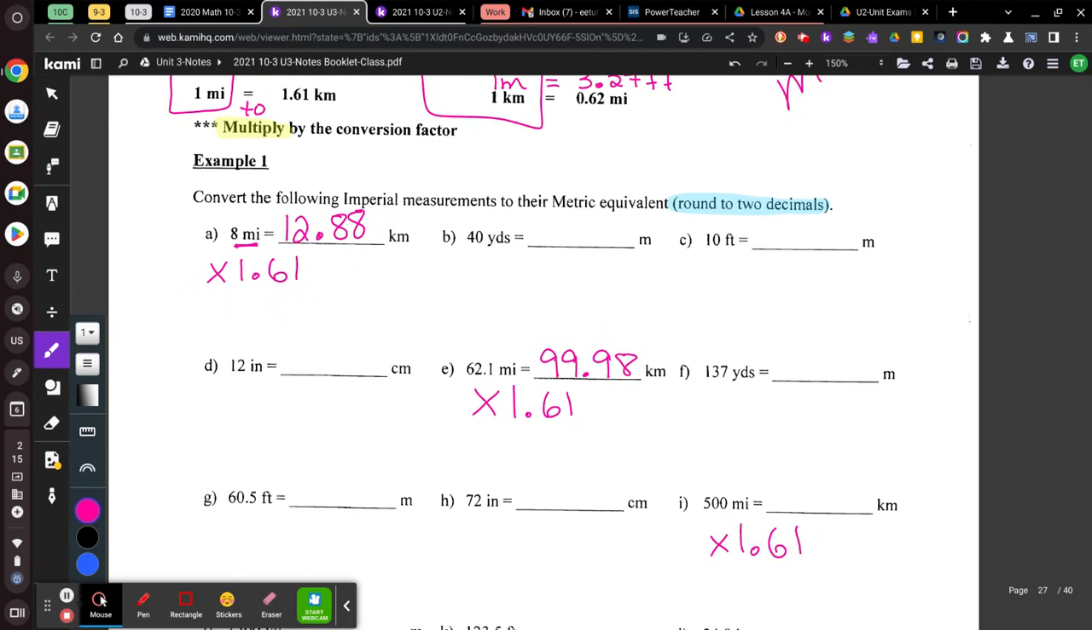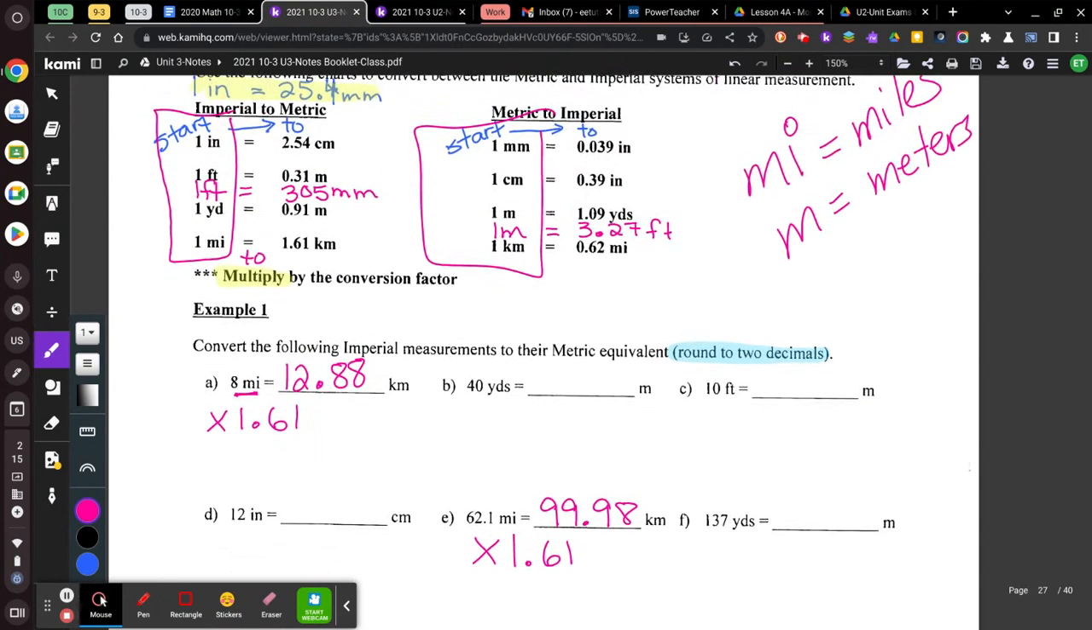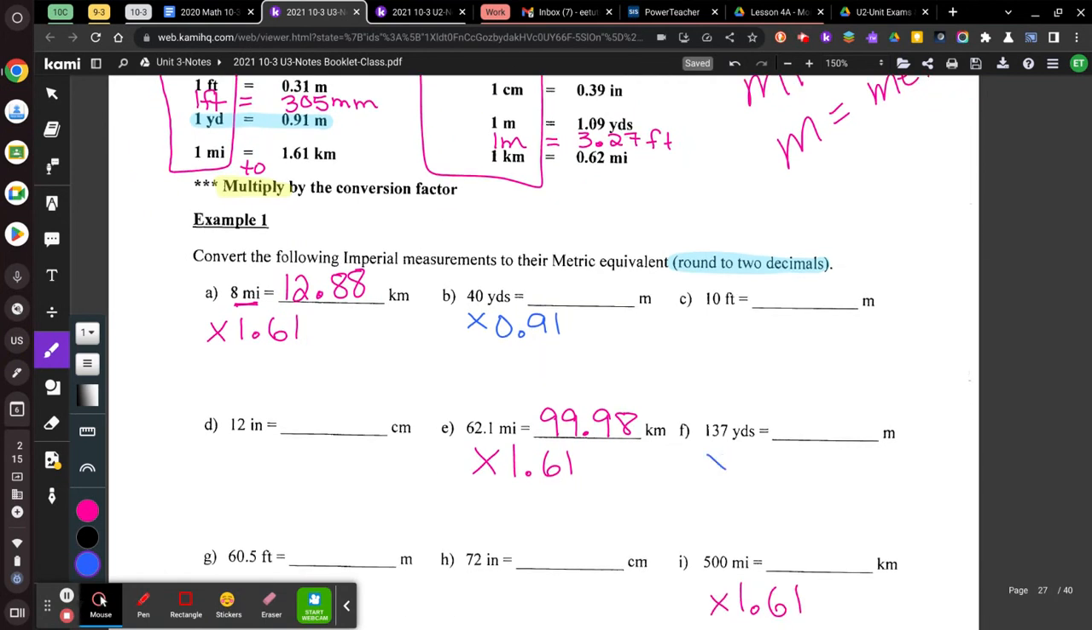Okay, now we're looking at the next one, and we're going to find all the ones that are yards to meters. So now I'm going to look on my chart, and I want to find yards. So I'm starting at yard, going to meters. I'm looking to find my number, and I find it right there. So all of these ones, I'm now going to multiply by 0.91. And I'm going to find all the ones that are yards to meters, timesing by